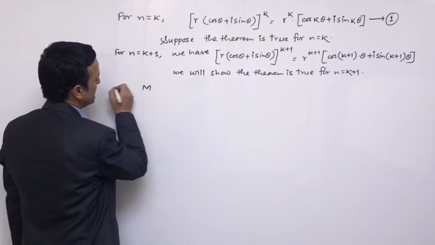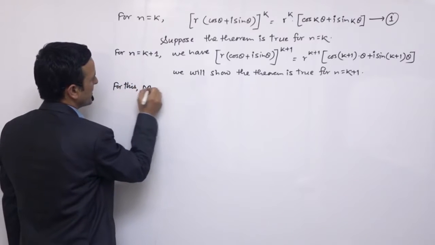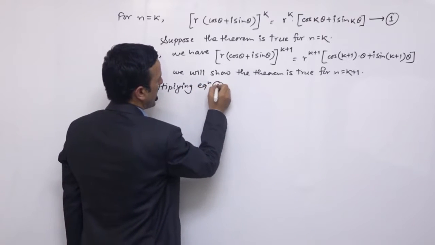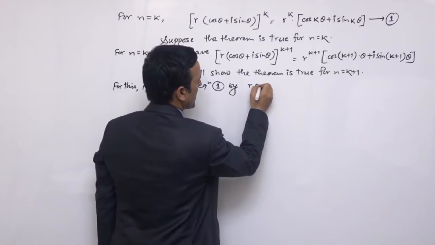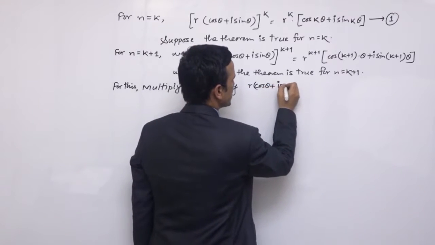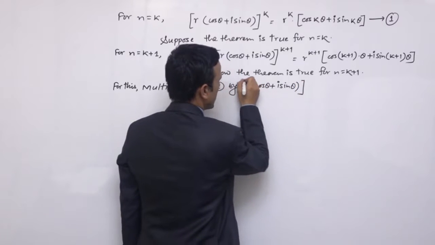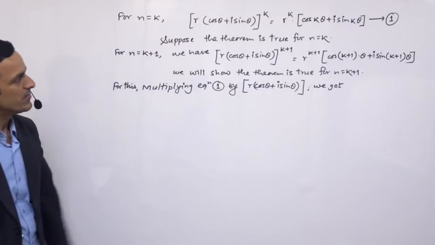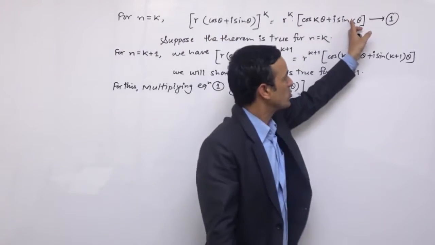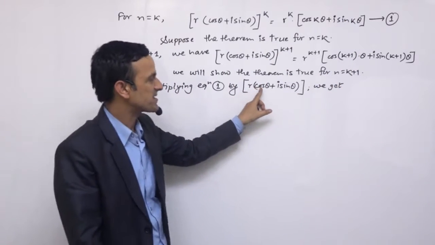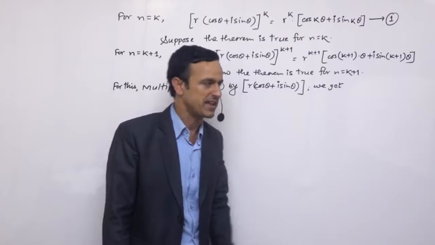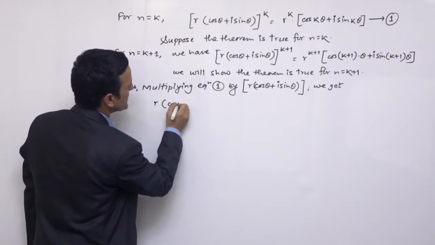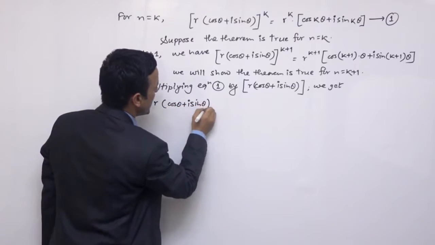यसको लागि हामी यो गरौं, for this multiplying equation 1 by r times cos theta plus i sin theta। यो टर्मले हामी इक्वेसन 1 लाई मल्टिप्लाई गर्छौं। Then we get the above equation, this statement LHS is equal to RHS। यो इक्वेसनलाई r times cos theta plus i sin theta ले मल्टिप्लाई गर्ने, so what we will get then r times cos theta plus i sin theta